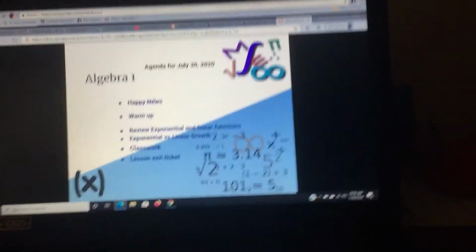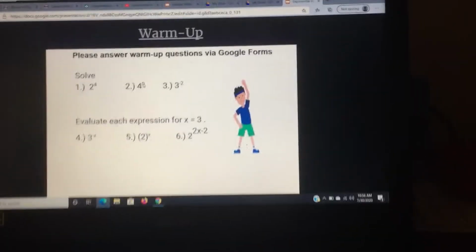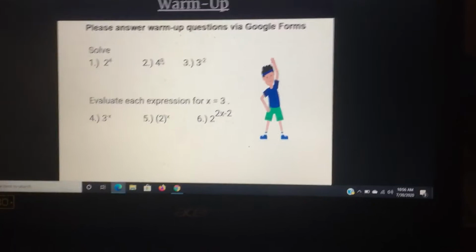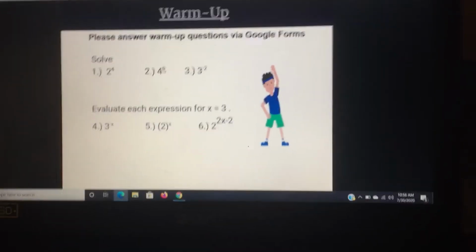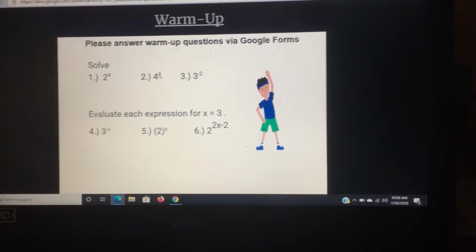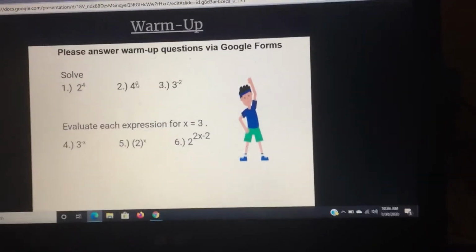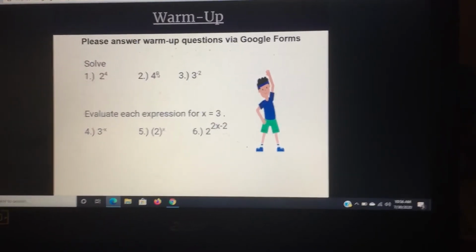Okay, so let's get started with the warm-up. Go to your Google Forms, and you can start accessing the warm-up. Okay, so there we have it. Here's our warm-up. It's going over how to solve for exponents and evaluate the expression for x equals 3 when you're given an exponent. I just wanted to review how